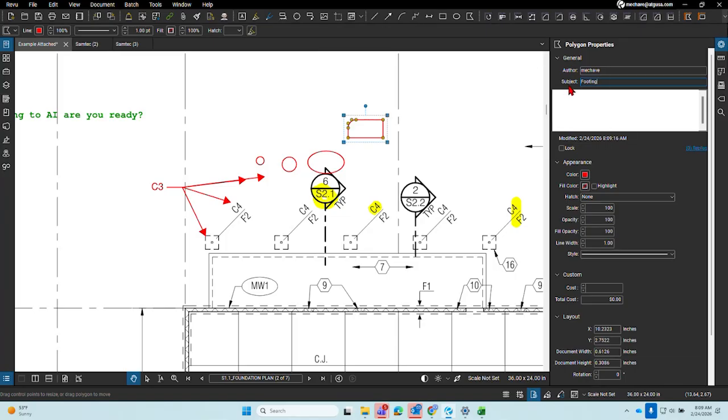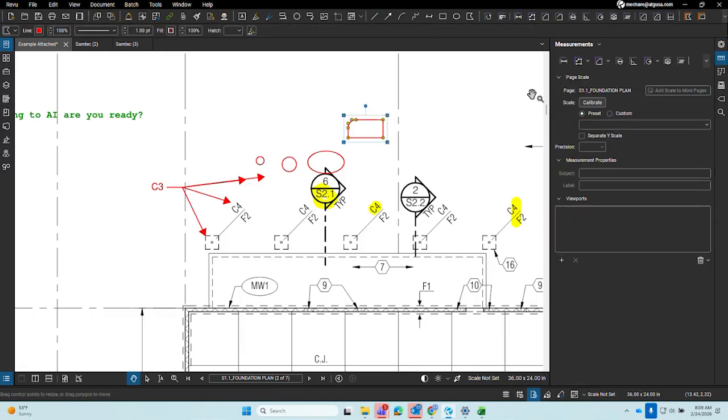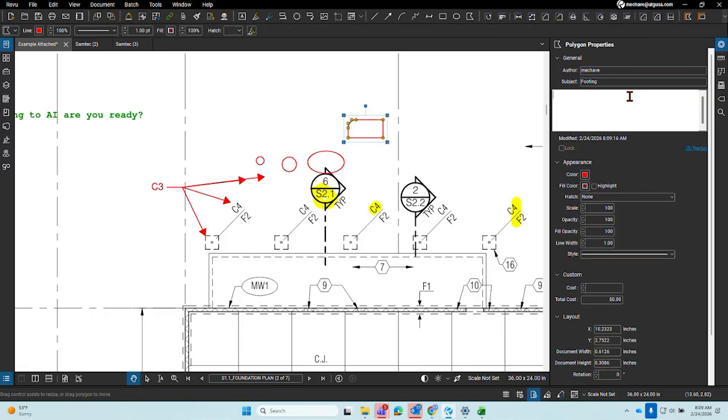Now, the subject of footing probably wouldn't be relative. You probably make a comment of something of some sort, but oops, as I started typing, not in the chat feature itself. So